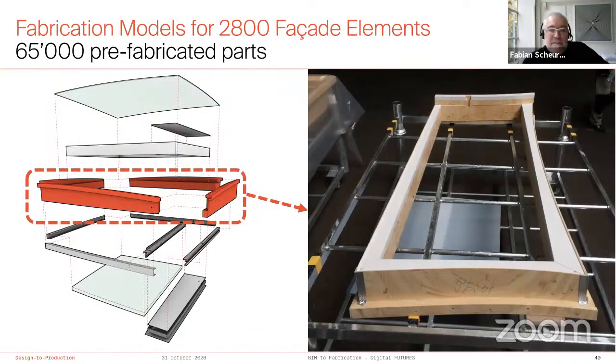And on the other hand, we had those facade elements. This is one of the 9 types, the glass element, where we have a curved glass panel on top, which was cold bent onto a timber frame that was also 5-axis milled. This is the red part in the left-hand explosion drawing. On the right-hand, you see one of those frames already assembled in the factory,